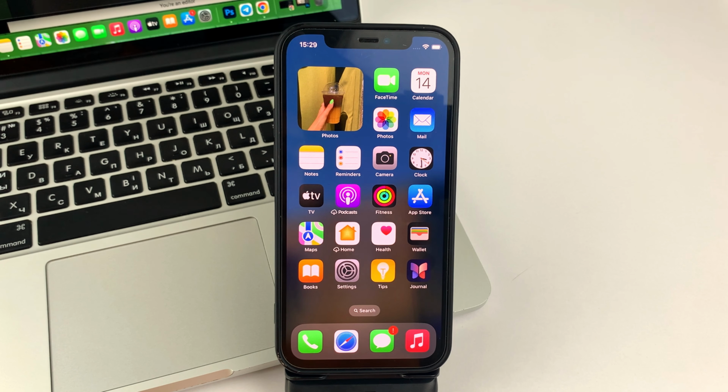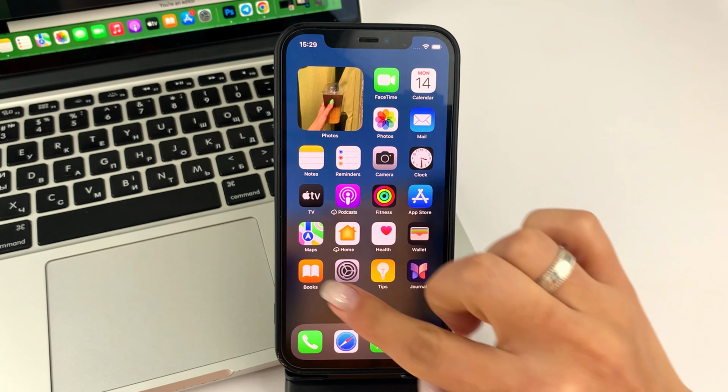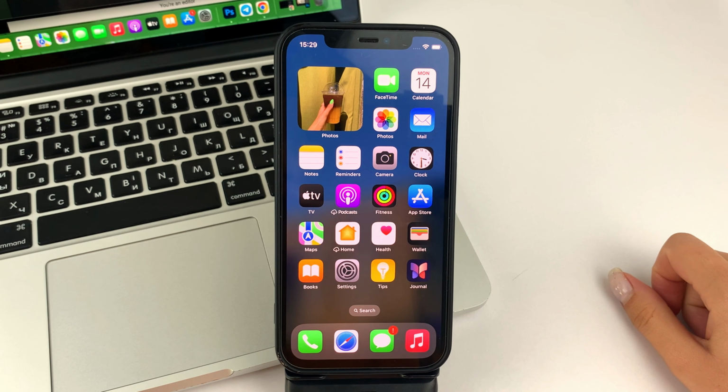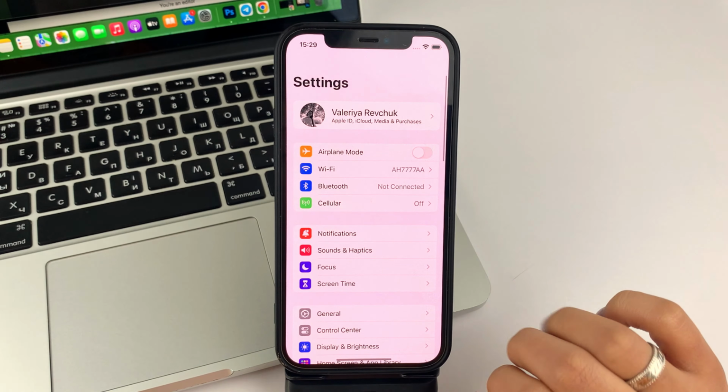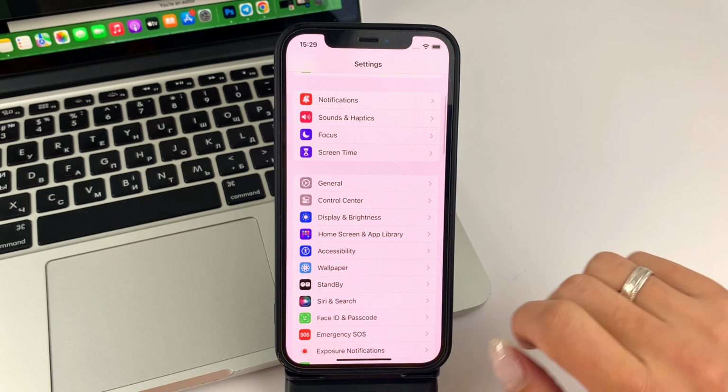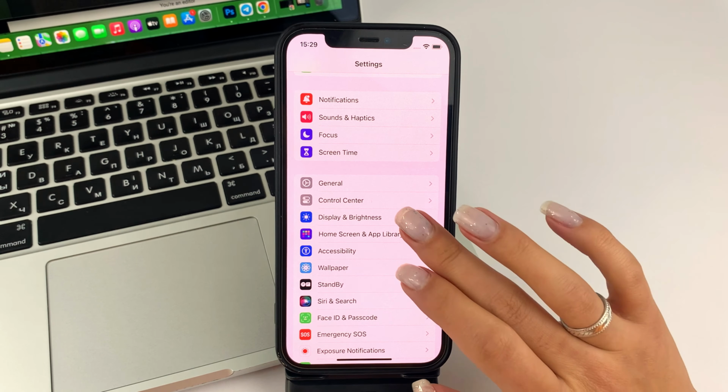So friends, let us get down to this interesting topic. If you are not satisfied with the size of the icons on the work screen of your iPhone, then there is a simple method how you can enlarge them. And for that, you will have to open the settings on your iPhone. Next, scroll down a little bit and select the display brightness option. Next here, scroll down a little bit more. At the very bottom, select this option.